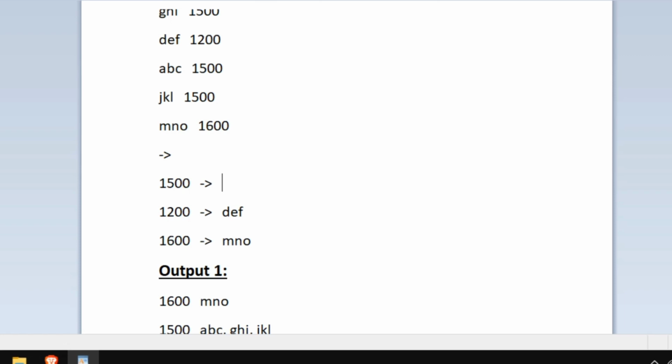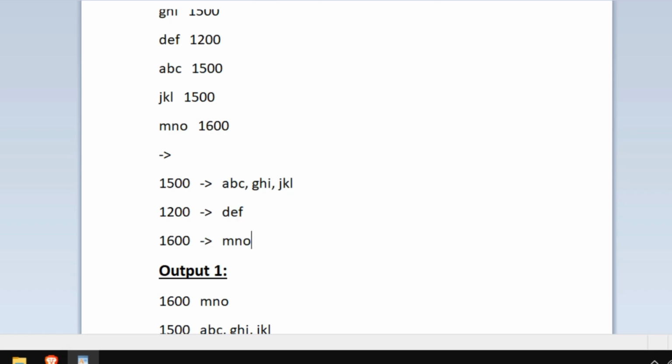So after sorting, the first string would be ABC and then GHI and then JKL. So this is the sorted order, and for the remaining 2 records for 1200 and 1600 there is only one string present, so we need not sort it. So first we have to group our data and then we have to sort our data. So now we have sorted the names of the customers.